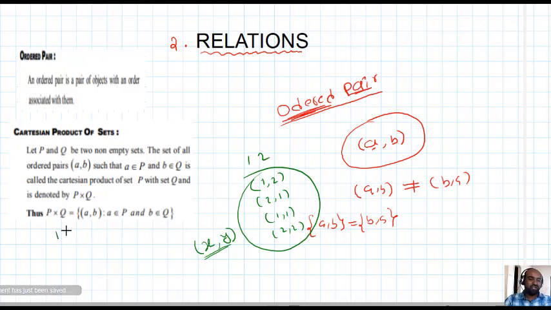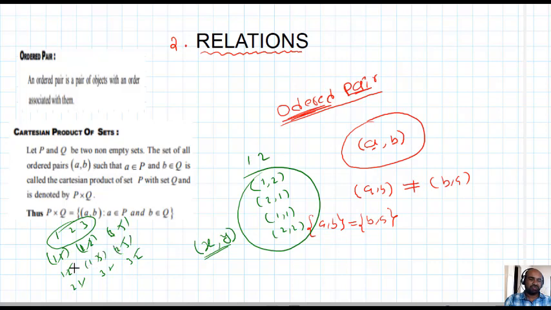Similarly, 3 real numbers are given. How many ordered pairs can you make? That is an important thing. First of all, I will write what is possible: (1, 1), (2, 2), (3, 3), (1, 2), (1, 3), (2, 3), (2, 1), (3, 1), (3, 2). How many? 1, 2, 3, 4, 5, 6, 7, 8, 9. You need to write the brackets also. So we can make 9 ordered pairs. So this is the concept of ordered pair.